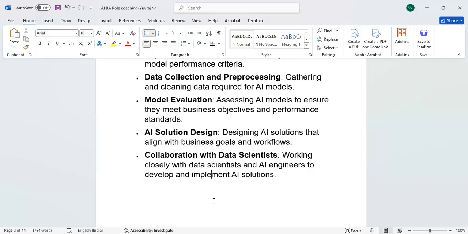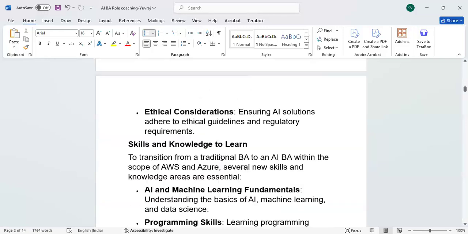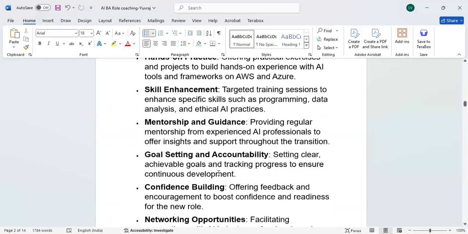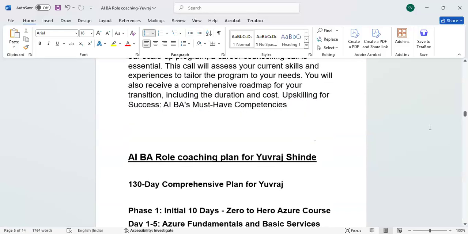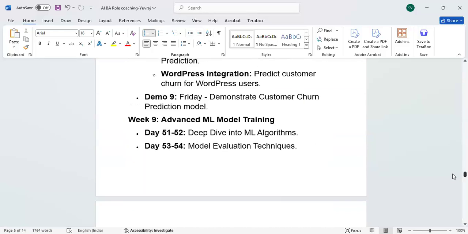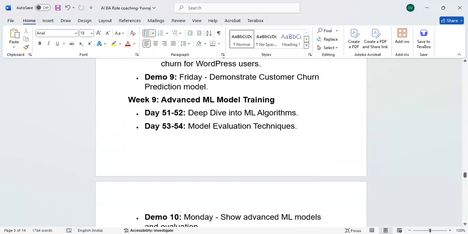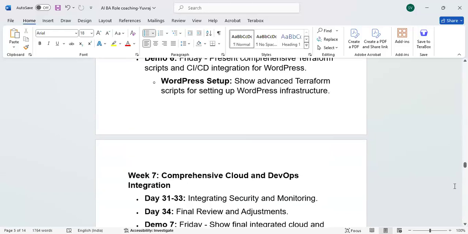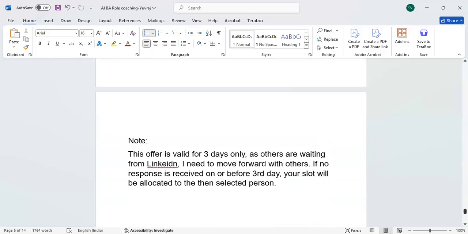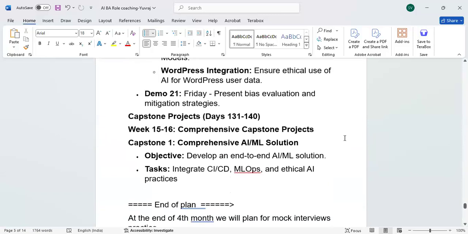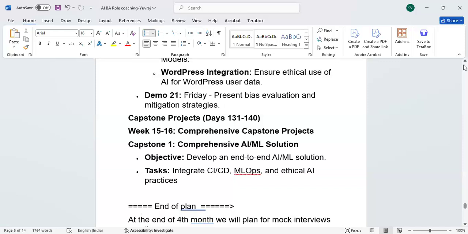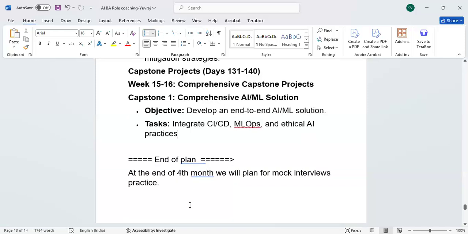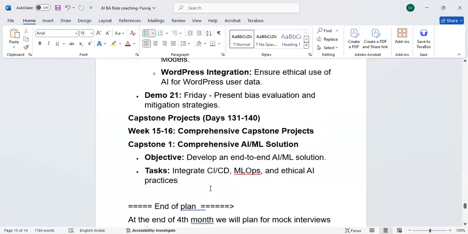That you are going to design, everything as solutions. That is your chance to do it. Now what happens at the end? You're going to do a capstone project finally by integrating all these things. Around 130 to 140 days, you will have 10 days of time for all these things. And then after that, we are going to prepare the profile by having all the demos in the appendix, like what Srivalli had.